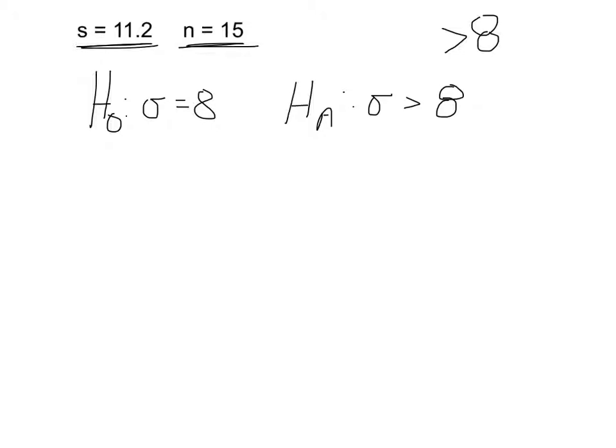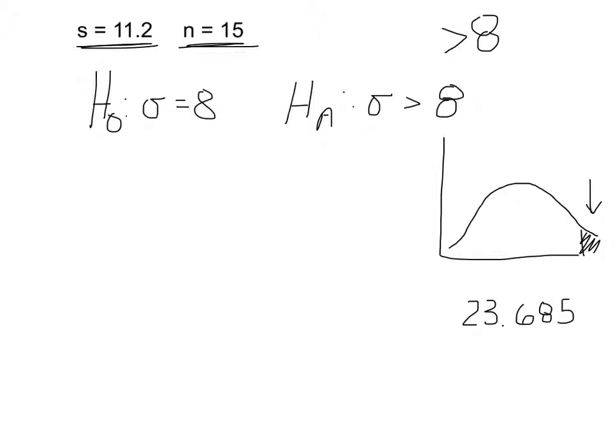This is going to be one-sided again because we have a greater than or less than symbol. Because it's a greater than symbol, it's going to be a right-tailed test. In this case, we're looking at 5% significance, so all my 5% is on the right-hand side. I'm looking at 14 degrees of freedom, so I end up with a critical value of